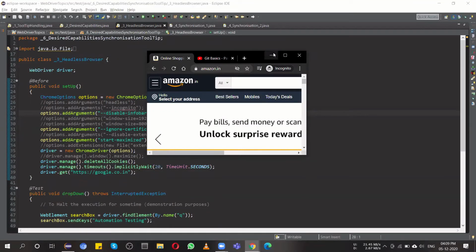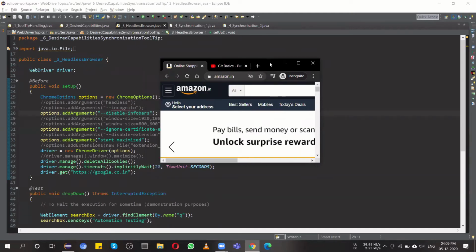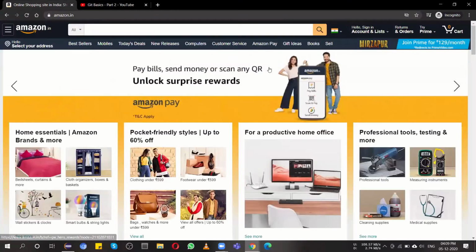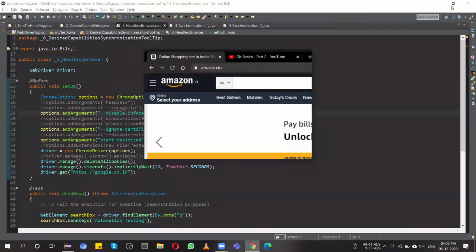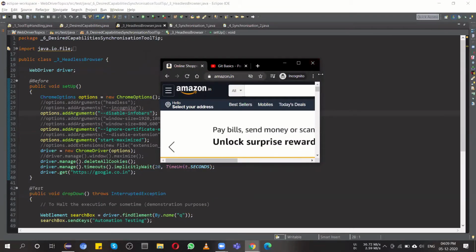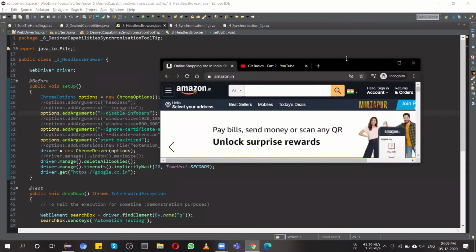If I use driver.manage.window.maximize directly, it will maximize to the full screen window. But if you wish to test with a different resolution, something like this.